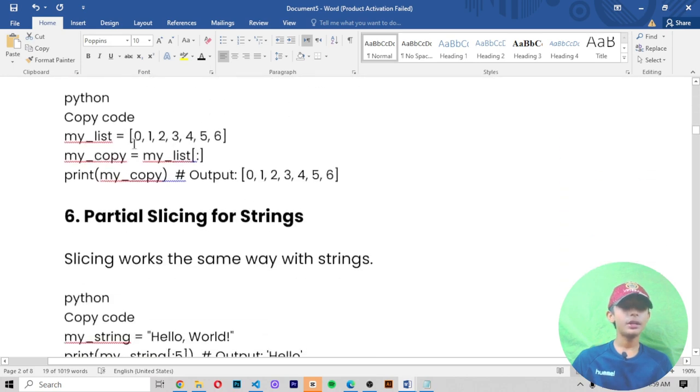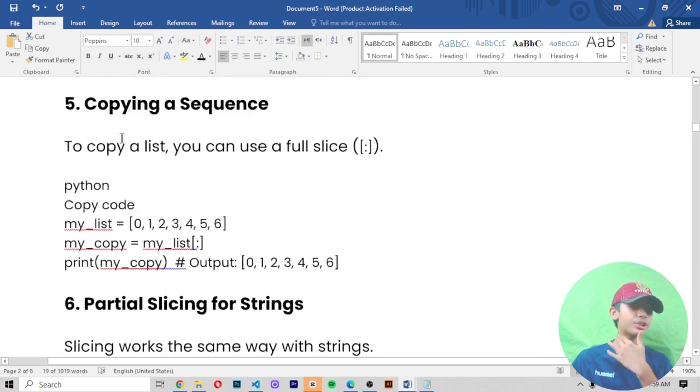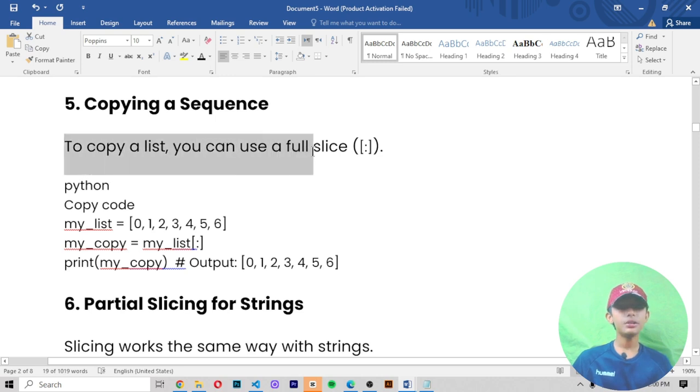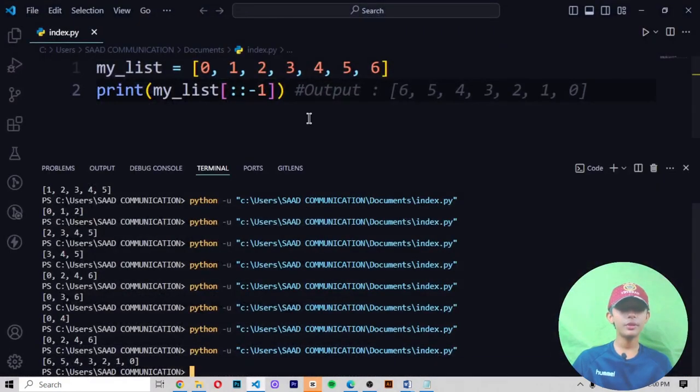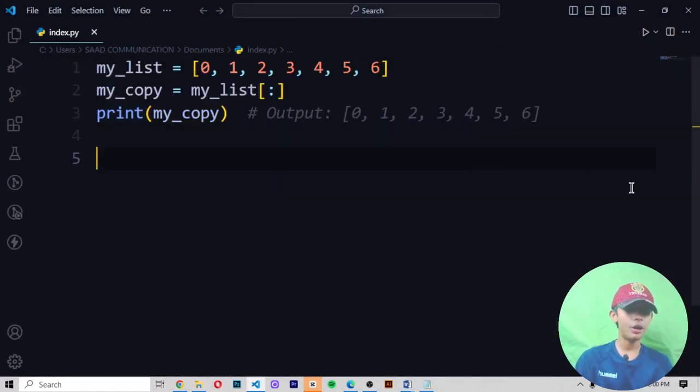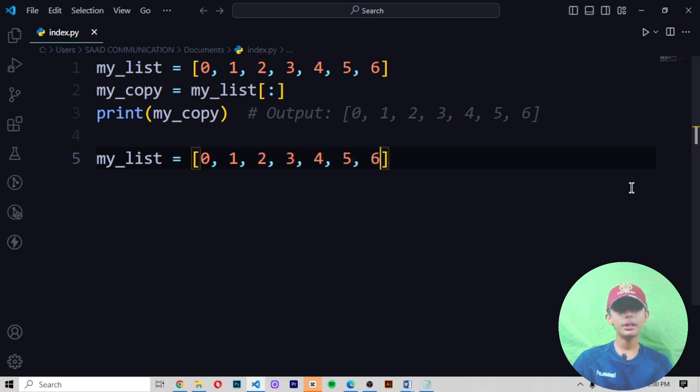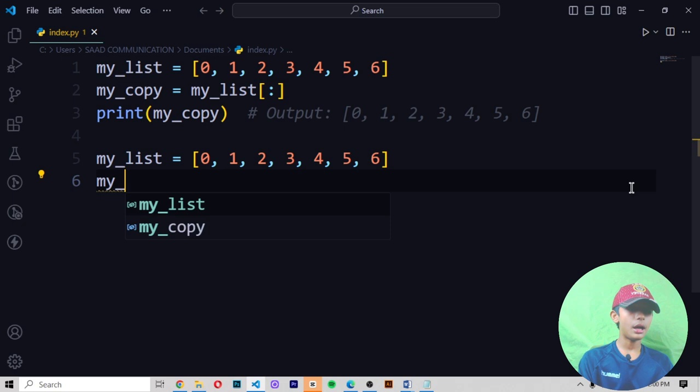Now, number 5 is copying a sequence. To copy a list, you can use a full slice. What can you use? A full slice. Let me show you. When you paste this code, let me show you how you write it. First of all, you write here my_list equals, in the square bracket 0, 1, 2, 3, 4, 5, 6, and then my_copy,